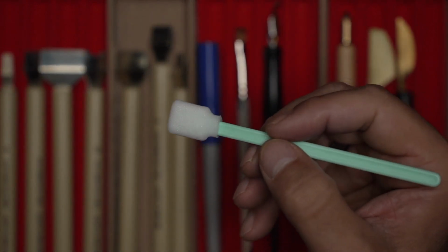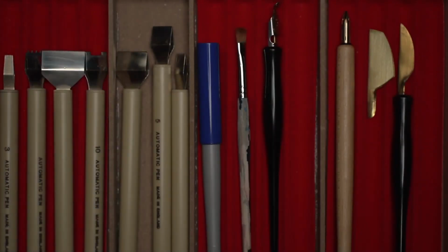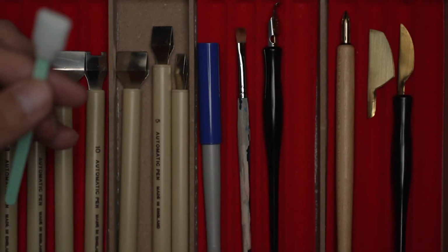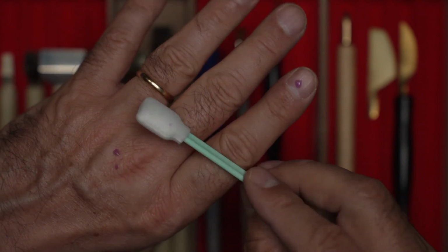We then have the swab. Now, you can go from a small Q-tip swab, which are less expensive, or you can go for these big ones. I've purchased on Amazon a bunch of them. You can get them like 100. So they're good. The problem with these things that I've noticed is they're difficult to wash out. Once you use them, you're pretty well done because